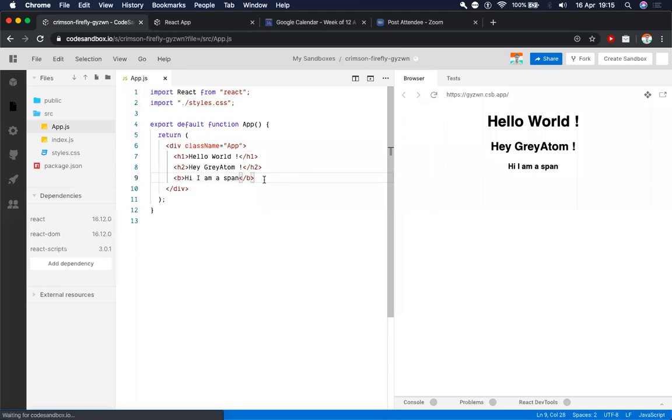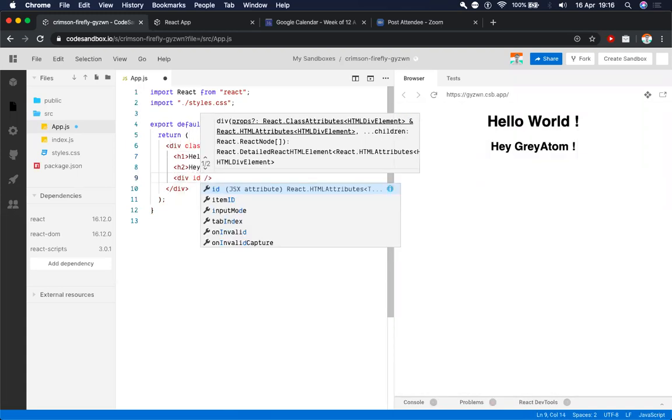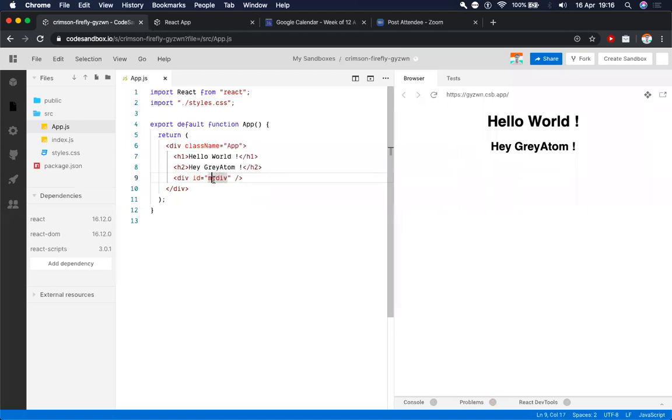So to test this out, I'm going to create a full width element, a full width div here, and I'm going to see how long, or what margin, the body of the HTML is applying. So here I will pass an ID as my div right now, and we can see that React is importing styles.css, which is written as /styles.css. So the / notation means that the CSS file is present in the same folder as the app.js file here.